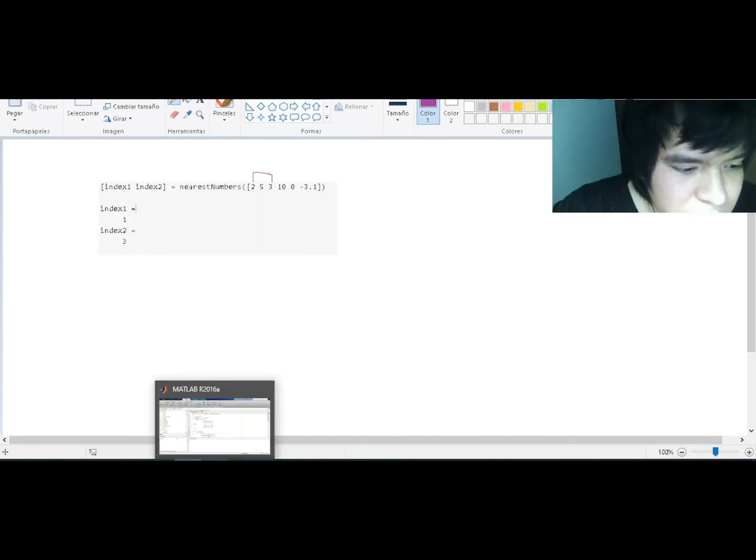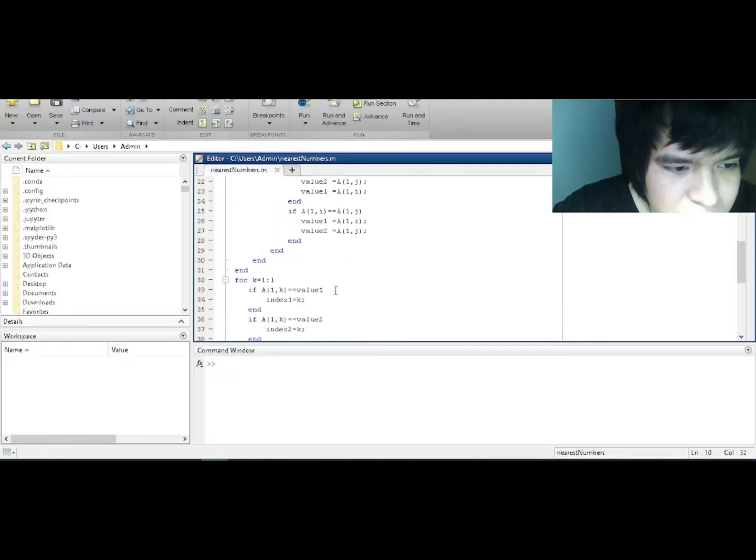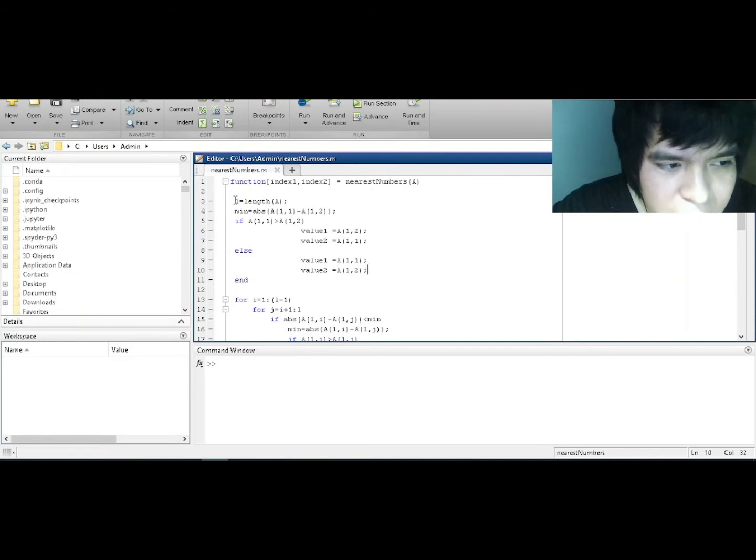And so first we made the code getting the length, because it's easier to work with the length of the vector. It could be any vector with 3, 5, 100 elements. And L is a good way to get the size of this vector, the number of elements that we are going to work with. Then we call